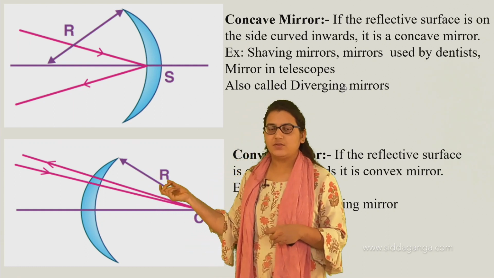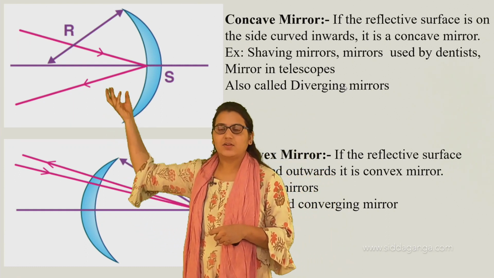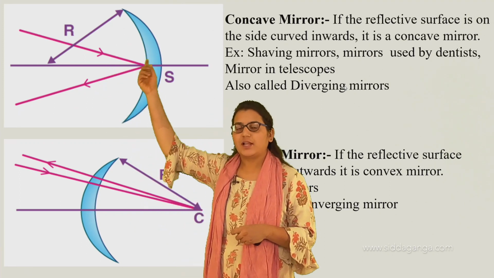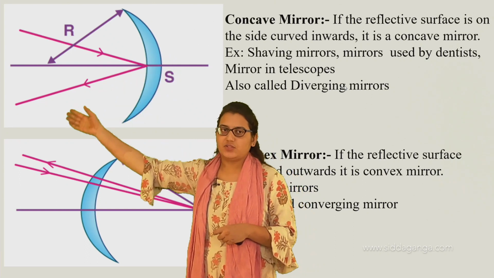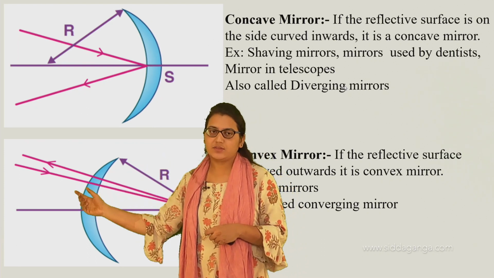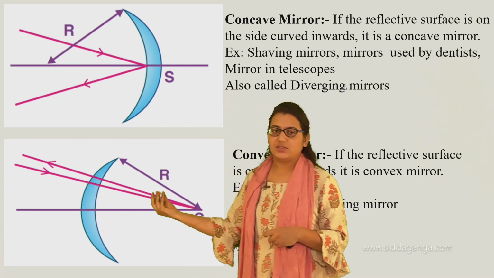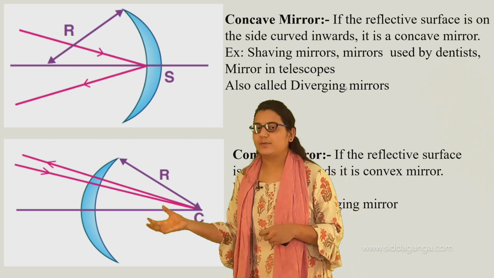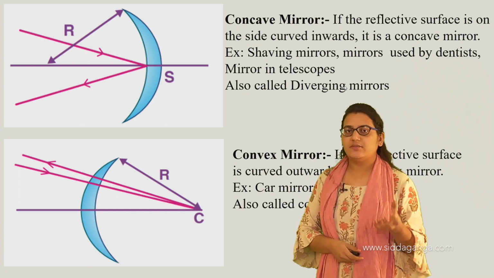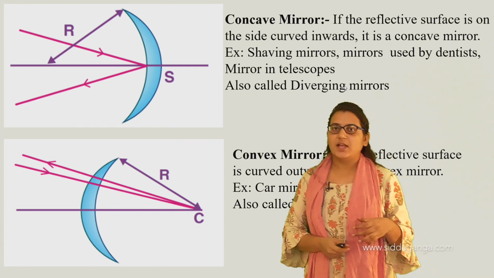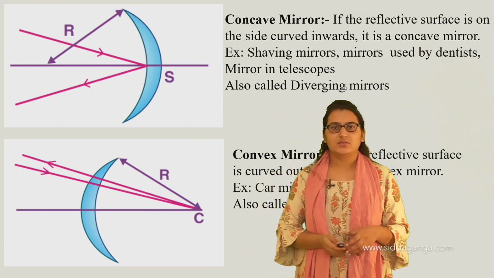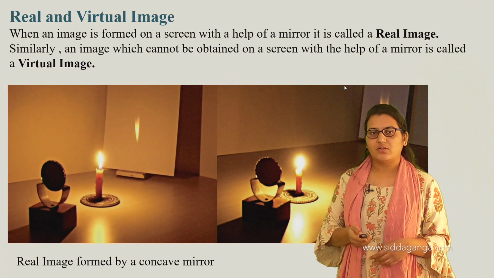This is how an image is formed. Understand, in a concave mirror the surface is curved inwards, so whatever light falls on it diverges. And in convex mirrors, when a beam of light strikes the reflective surface, the light converges. So this is the difference between concave and convex mirrors. Basically, the light which falls on the concave mirror diverges, and the light which falls on the convex mirror converges. So this is about concave and convex mirrors.